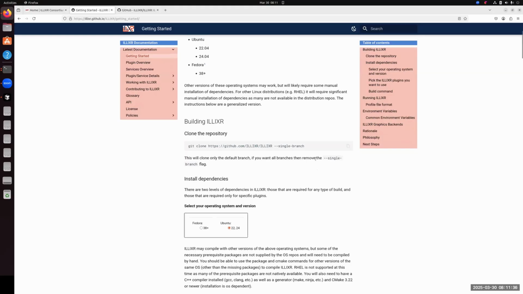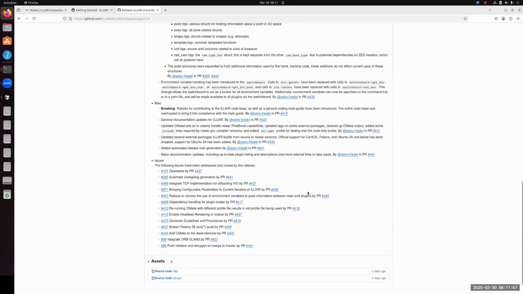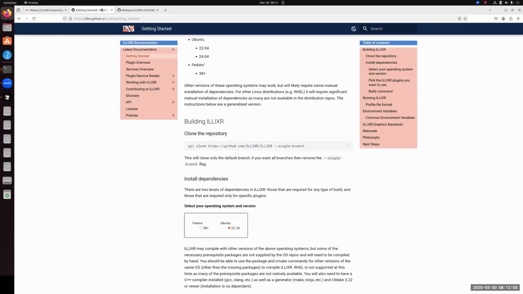And here we just cloned a single branch, but if you're interested in using the release tag of Elixir, you also have the option to switch branches, switch to that commit hash, or just download the source code using GitHub's zip function. You can get the source code here as well.